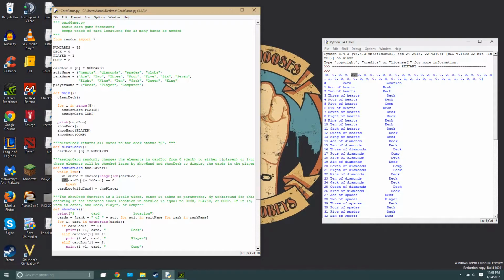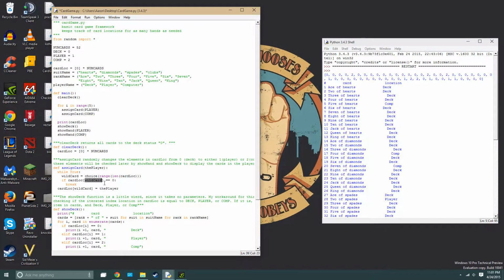So if card location with the index location of wildcard is equal to 0, so just because wildcard doesn't have to be, this isn't talking about a physical 0 in here, because as you can see we have a lot of zeros in here, but